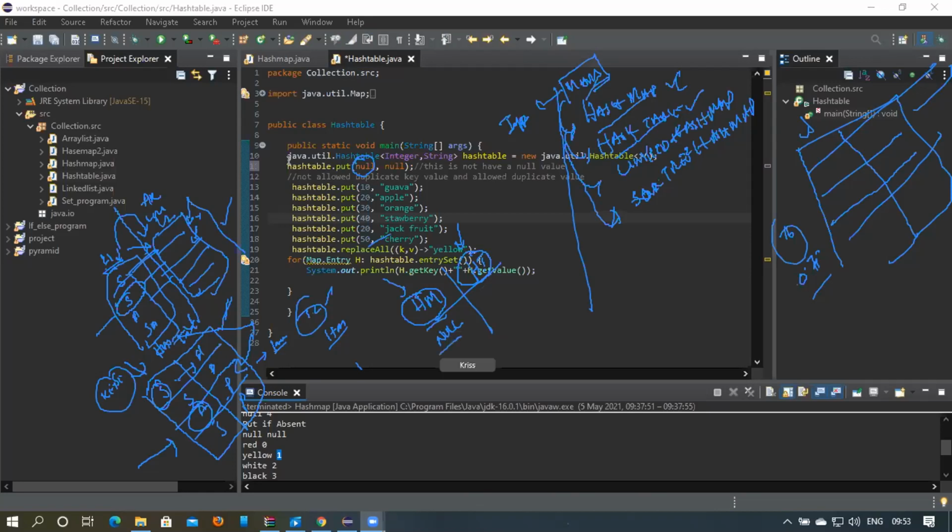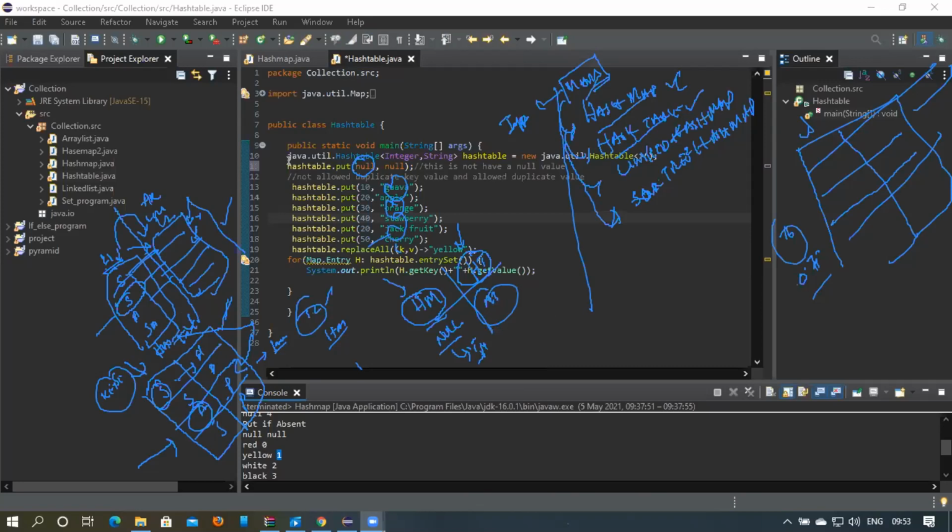But for values, you can keep them as null any number of times. Whereas the hash table will not allow null values.